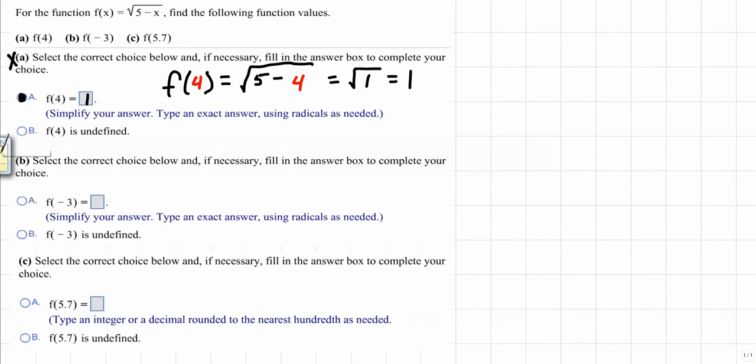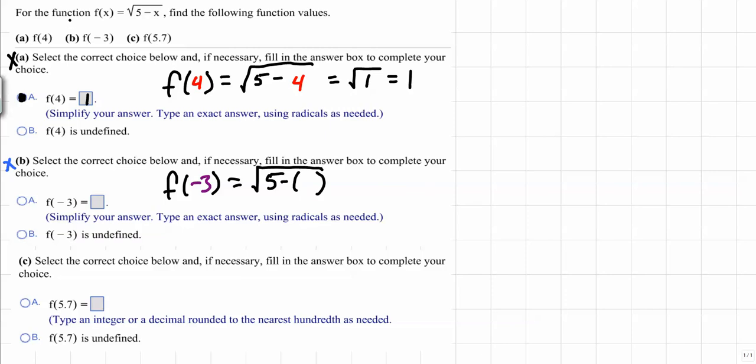The next one that we're going to look at is part B right here, which says that we want to select the correct choice below, and then if necessary, fill in the answer box to complete your choice. So we're trying to find f of negative 3. Once again, we're going to do f of negative 3, and that will be equal to the square root of 5 minus, and now I'm going to enclose this in